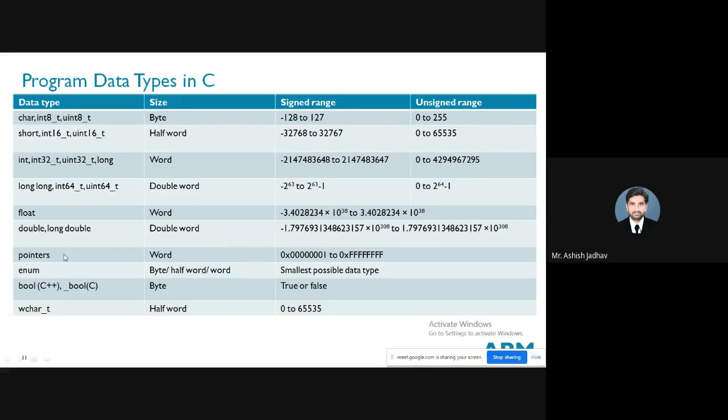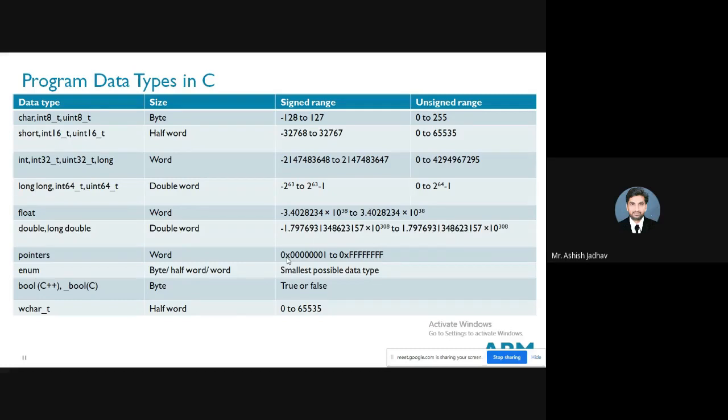But here the pointer is mentioned in a hex format. Hex format means it would start from 00000001 to FF, right? So this would be the range for a pointer. Then we have enum. Enum means its size would be a byte, or you can say half word, or you can say word.